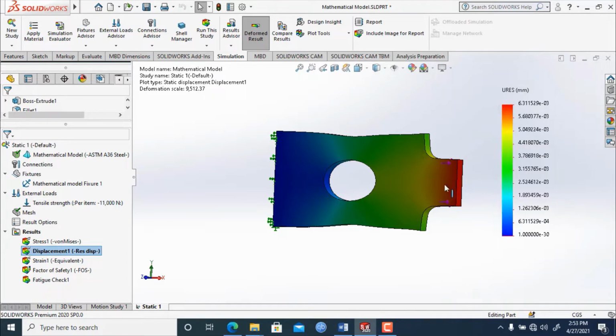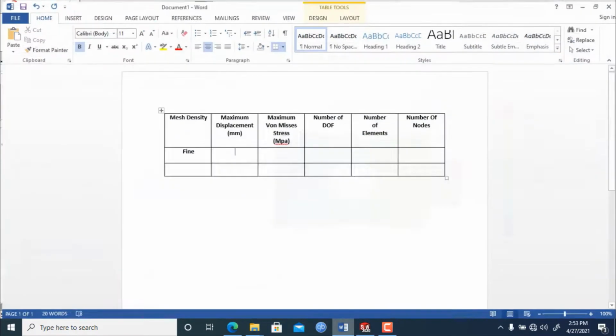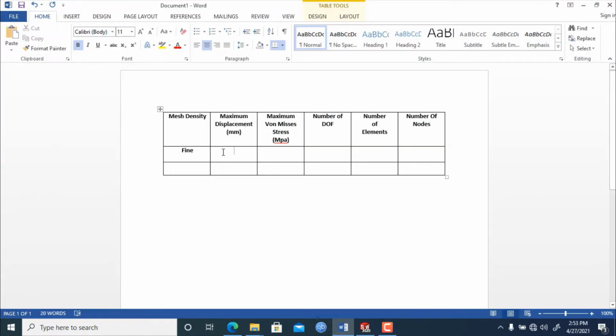So let's note this value for maximum displacement in millimeter. 6.3115 e to the power minus 3. Okay, this is millimeter. So the displacement has been noted.